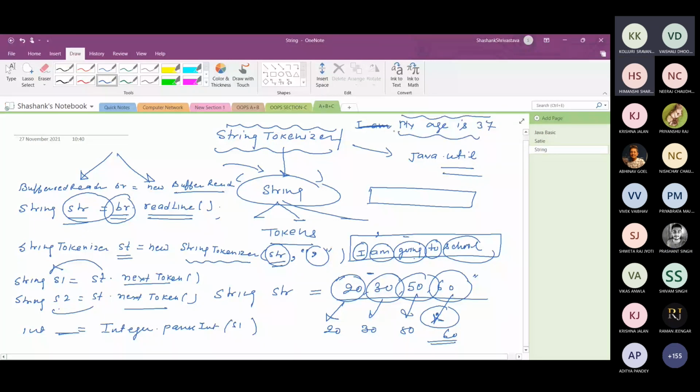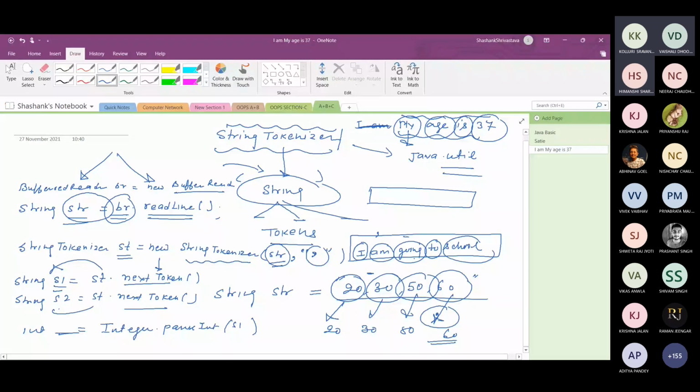When you call nextToken, it returns a string that is stored here, in s1. So s1 is "my" here.